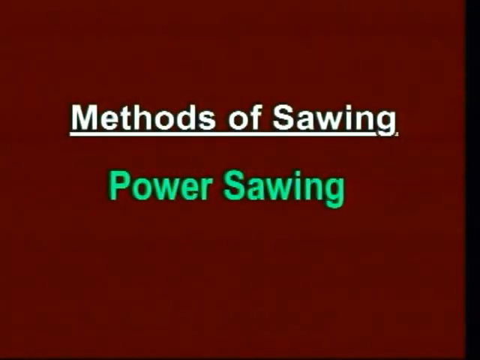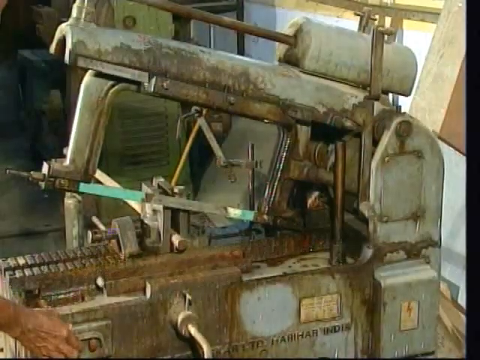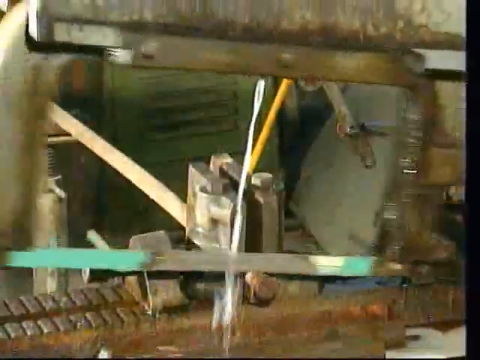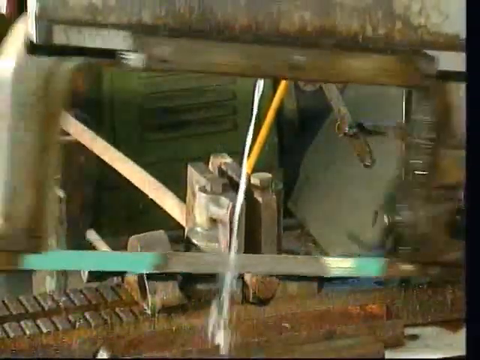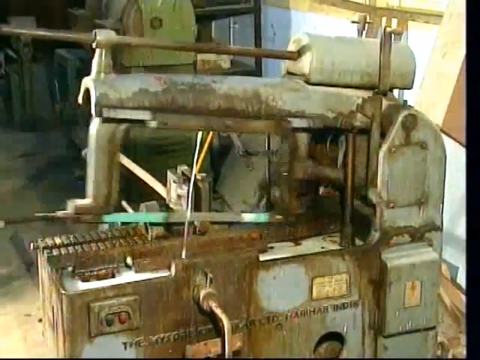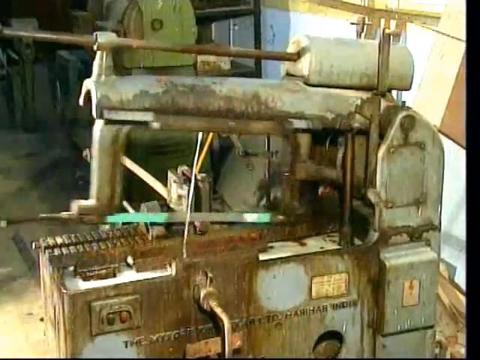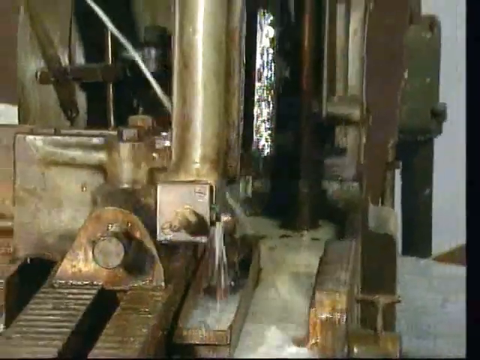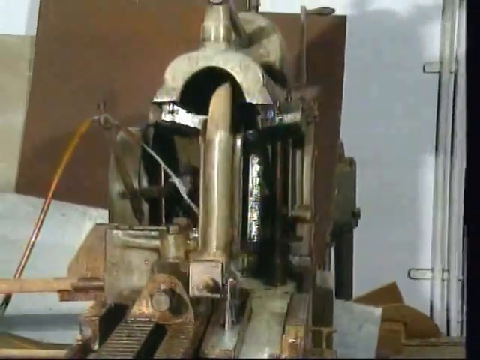Next we discuss about power sawing. Power sawing is most commonly used in production where large number of workpieces are to be cut from large bar stock. In this case, saw is driven by motor. Their hand sawing is not commercially sound as it involves a lot of labor and time. The increasing demand of high production has led to the introduction of power driven metal cutting saws.